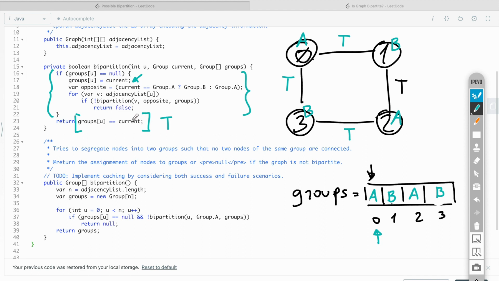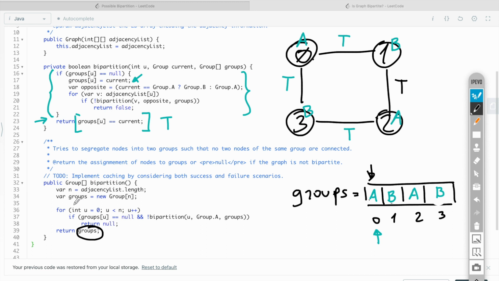And once every node reaches this statement, it will exit the recursive call, and this unfolding will happen until we reach the top level node, and in our case this is node 0. And node 0 will return true, and the bipartition function will return the groups.